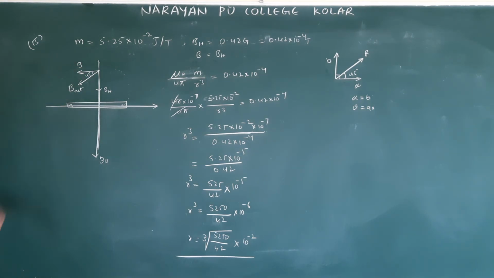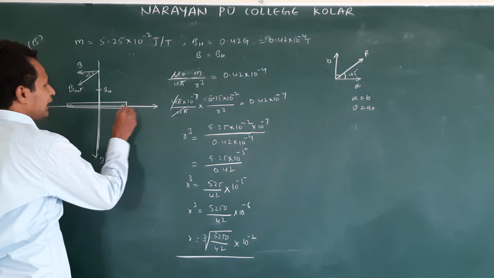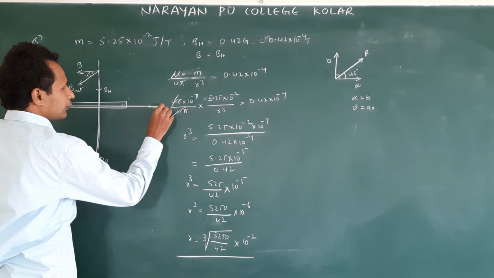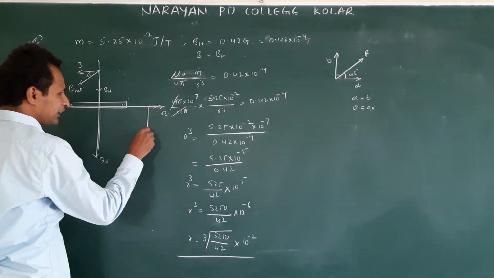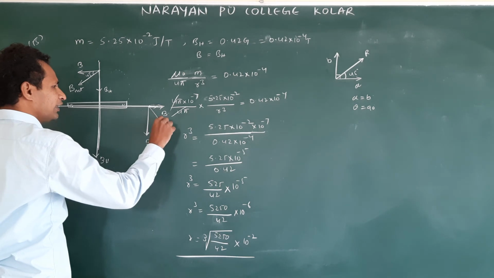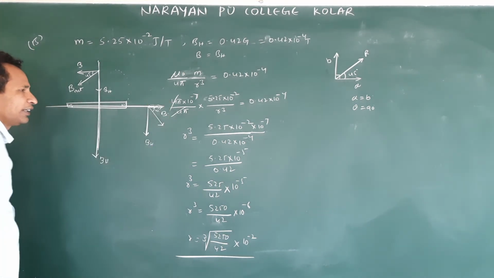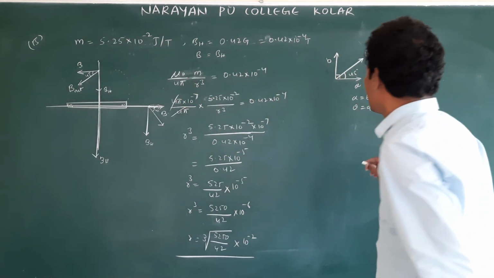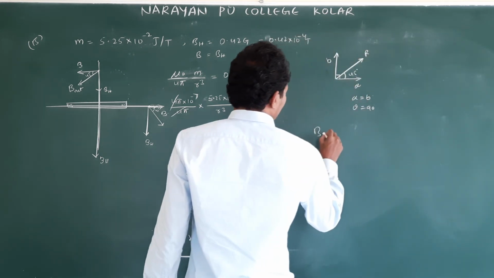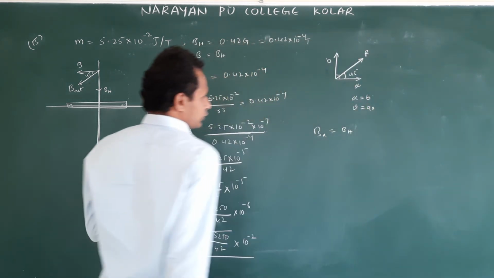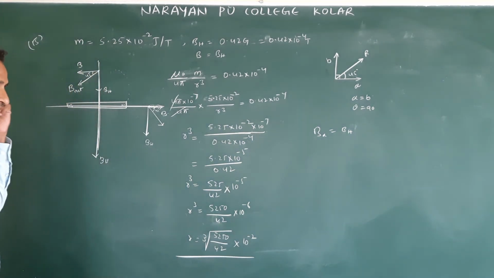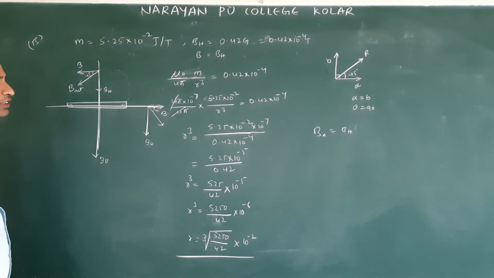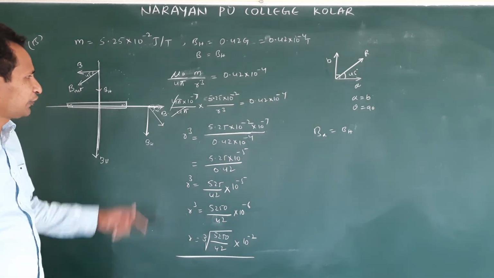This is on the normal bisector. Now the next question, on the axis. On the axis means this one. Here at this point B is acting in this direction, BH acting downward. Again the resultant will be at 45 degrees. So if both are equal, we get the same equation: B axial is equal to BH. So the net resultant makes 45 degrees with the horizontal, or with the earth's magnetic field. This is B net.